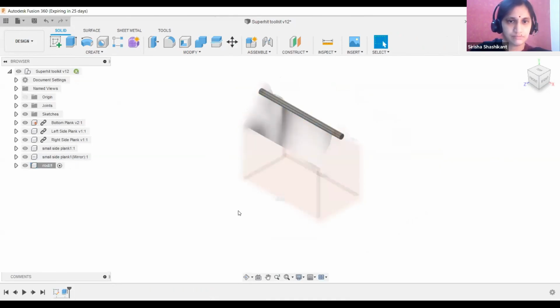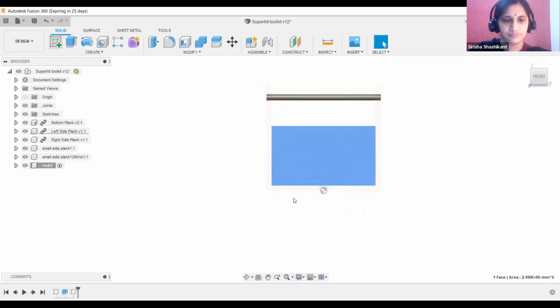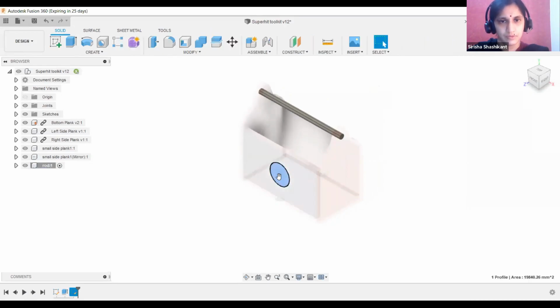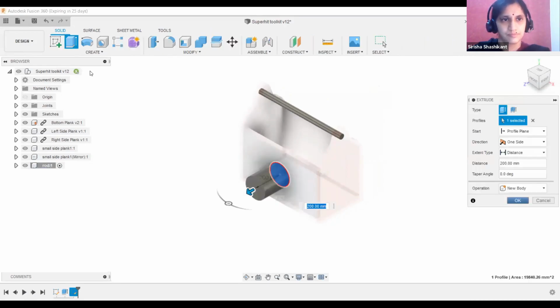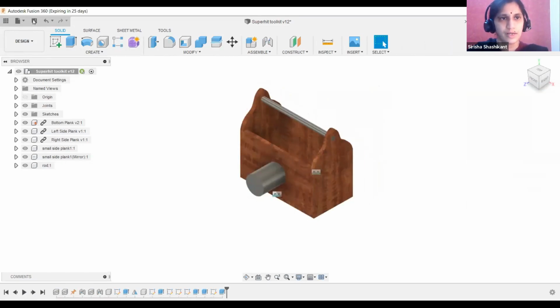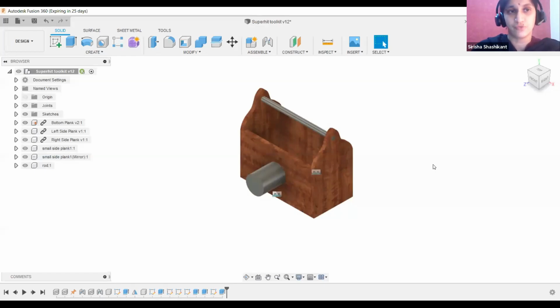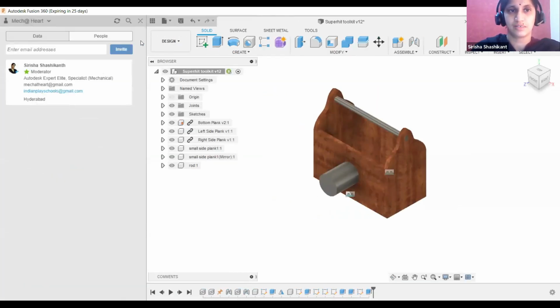So when I add that person also in this project, simultaneously we can decide and work, but we should be careful with the versions. Let's say I'm making some changes, right? Let me add something over here. Okay, I have added something. So when I'm saving, you'll get this option, user saved. Here, for your convenience, you can save it with some name so that you can retrieve this file if 2 or 3 people are going to work on the file, right? You can keep track of what changes you have done and what the other person has done.